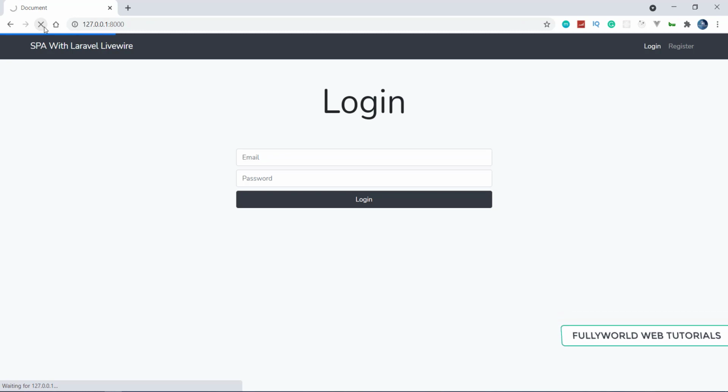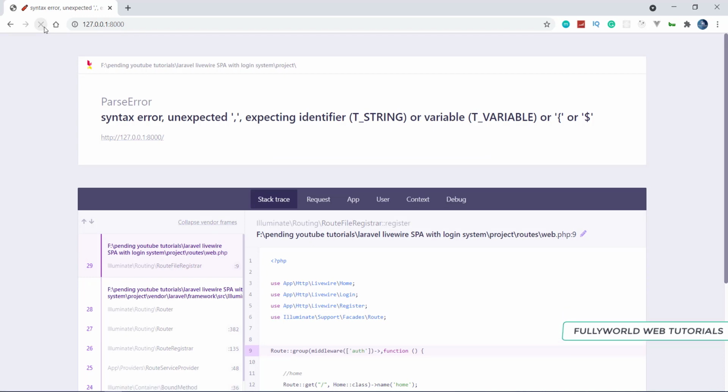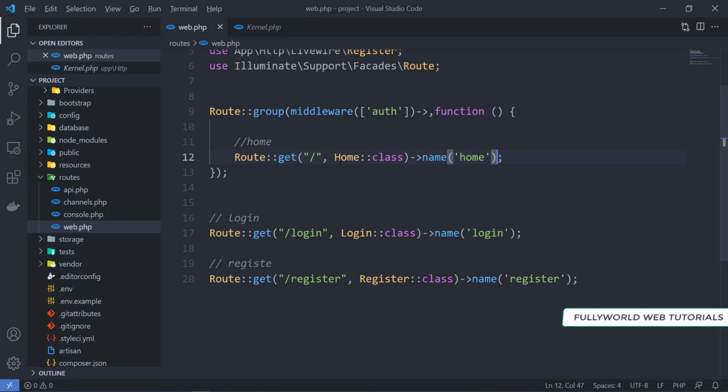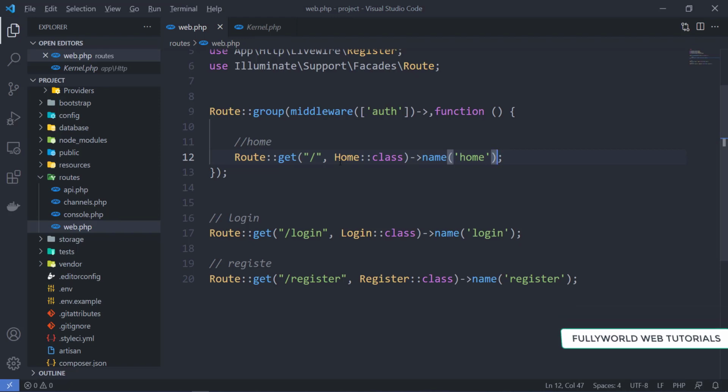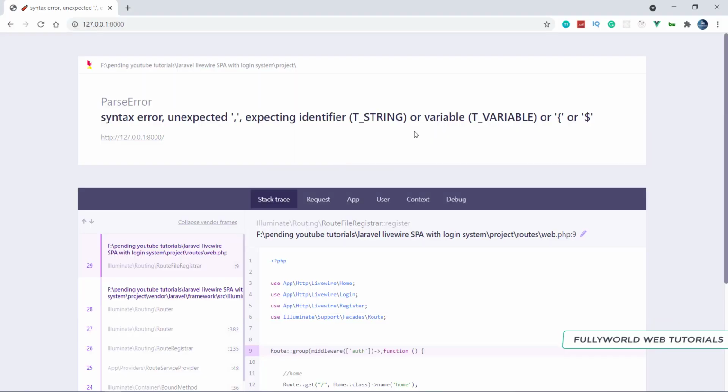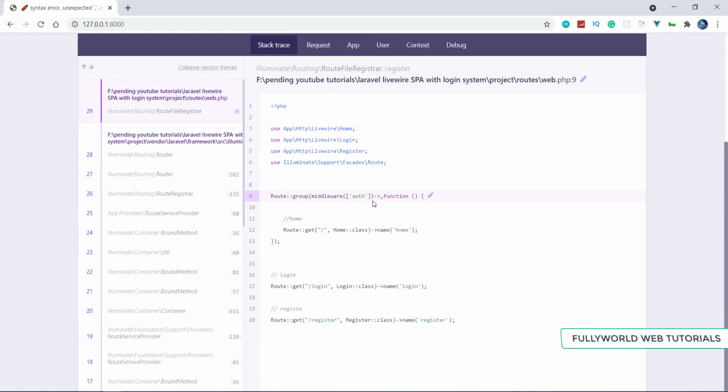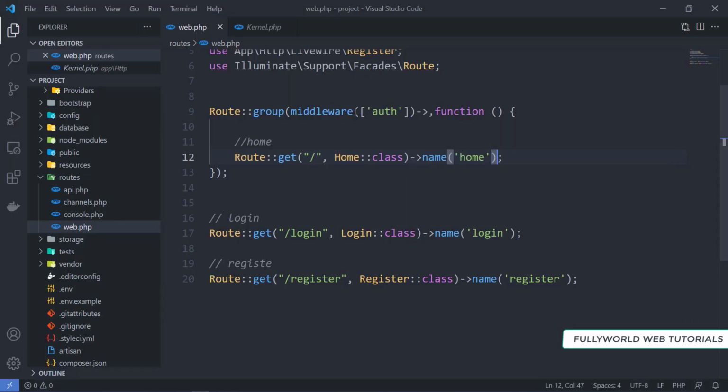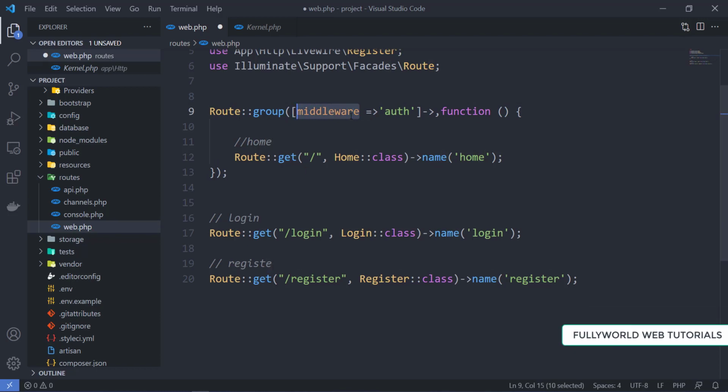Let's refresh it. Here we are getting one error. What is that error? The error is at this one. Here we have to change this a little more, and write middleware with auth.